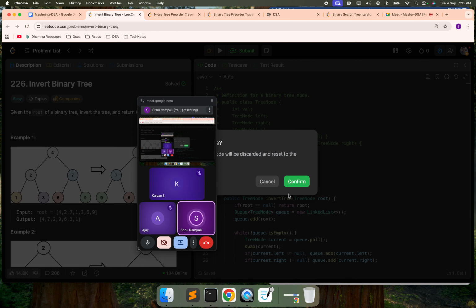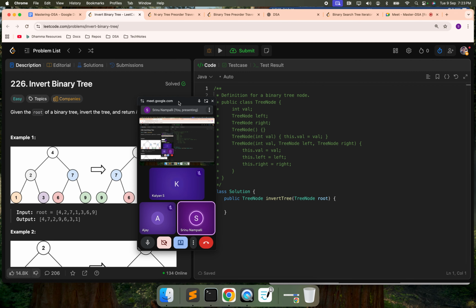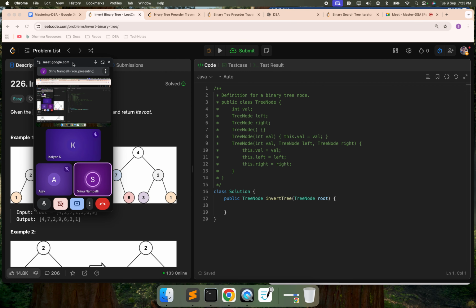I will write the recursive code. Iterative code, how do you want to do it? It's up to you. How do you want to go with the iterative approach? As we know a lot of things, you can use any technique. Okay, so let's say, this is my